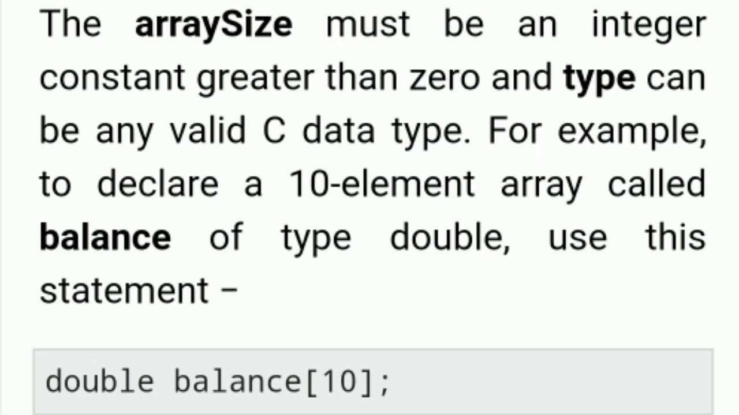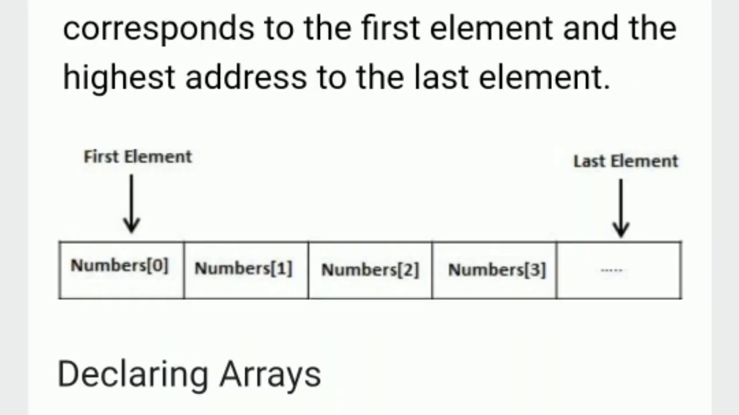In case of initialization of arrays, you can initialize an array in C either one by one or using a single statement as follows. We can give any elements there. double balance[5] = {1000.0, 2.0, 3.4, 7.0, 50.0};